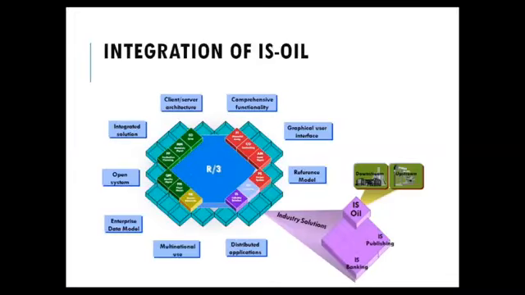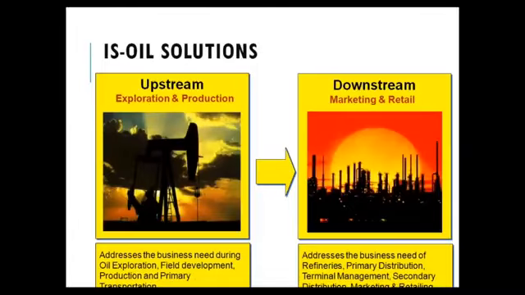Okay. So as we have discussed, the basic structure is similar. We have discussed MM, SD, production planning, QM, PM, HR, project systems, FICO. These are the core modules. Upon that, this industry solution is given. Out of the 24 industry solutions, IS oil is one. IS oil is again divided into downstream and upstream. So the different processes: oil exploration, field development, production, primary transportation, all those form part of it.